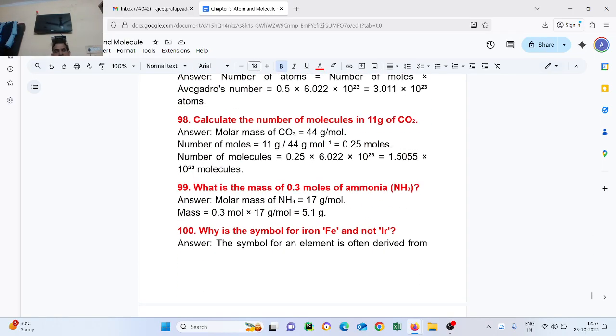Question number 99. What is the mass of 0.3 moles of ammonia? Molar mass of ammonia is 17 gram per mole. Mass equals 0.3 multiplied by